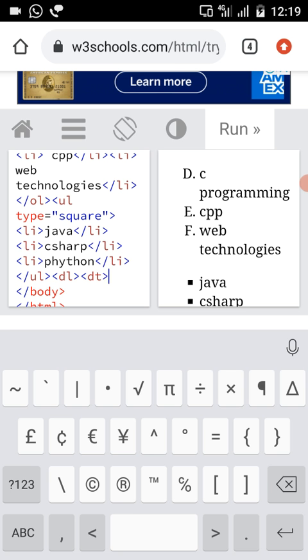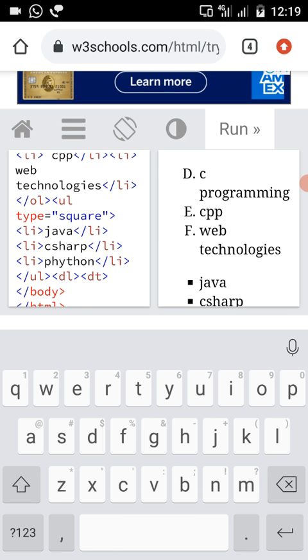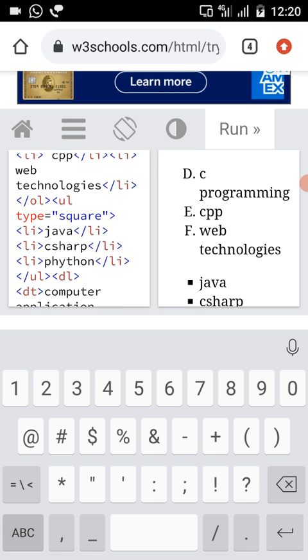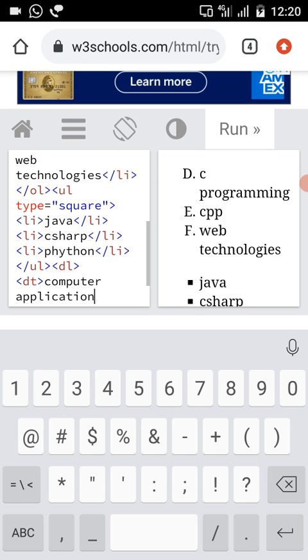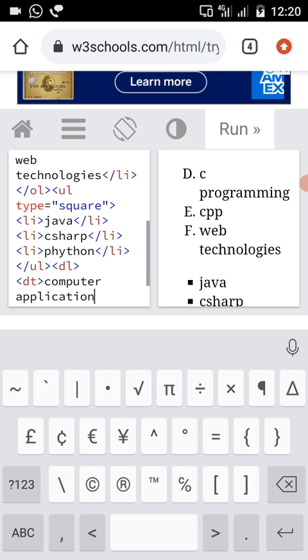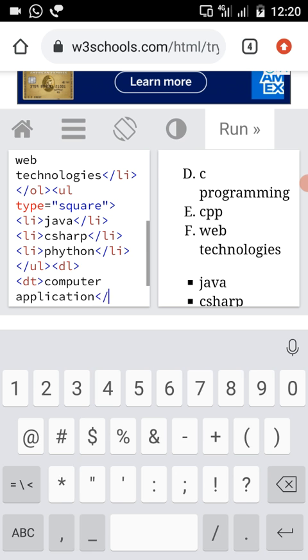Here I'm using computer applications as my data term. After writing your data term, just close the DT tag.